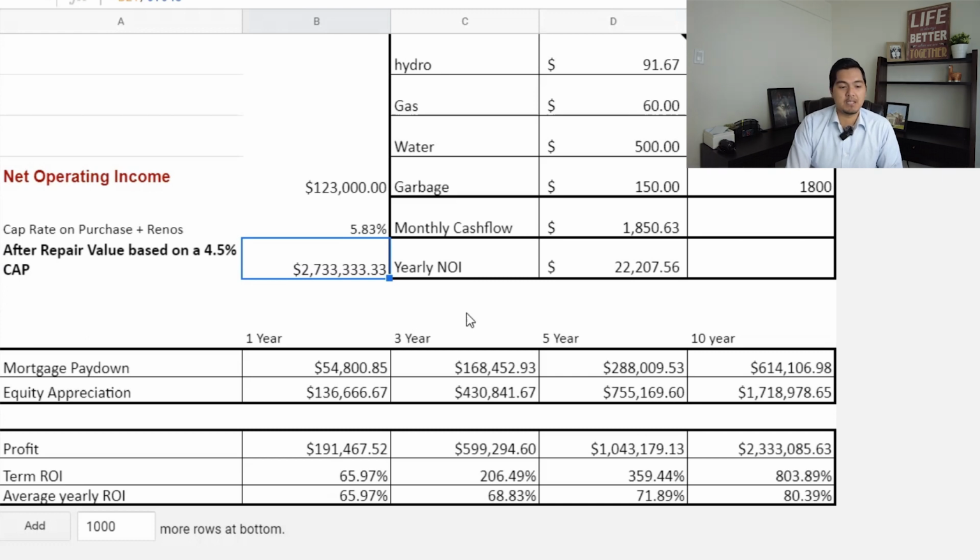But you know what? He did the right thing. He bought into the market and he held on to it for the long term, and now he gets the benefit of that. If you look at this deal, the profitability